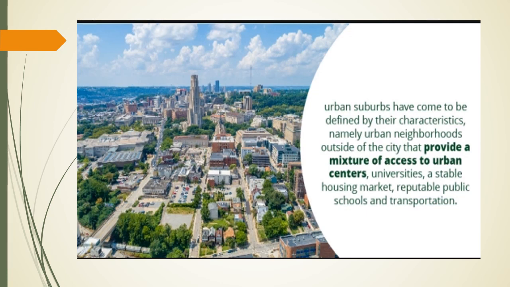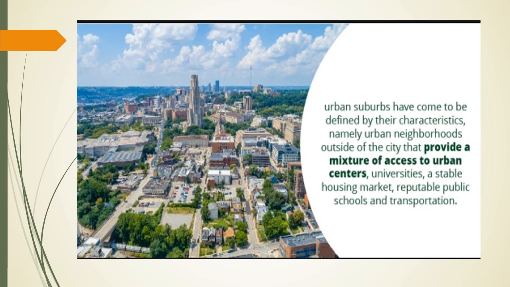Now, what is a suburb? Wherever an urban area is there, a well developed city area, very close to that an outskirt is there, means the area which is very close to that particular city or town. When that area starts developing, when that area starts getting populated, at that time it is called a suburb. Okay, so it is also called a neighbor of the urban city because it is very close to the urban area or that city area. So it is called an urban neighborhood, which is outside the city.